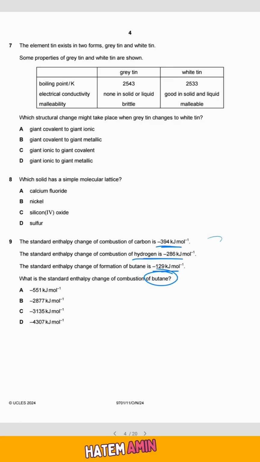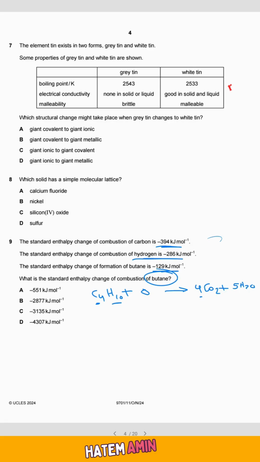So first of all, this is a combustion enthalpy change question. We should write the equation to understand what we should do. The equation for the combustion of butane is C4H10 plus oxygen in complete combustion should give us 4 carbon dioxide. Well, how did I know they are 4? Because here we have 4 carbons, plus how many H2O do we have here? Because we have 10 hydrogen, so they should be